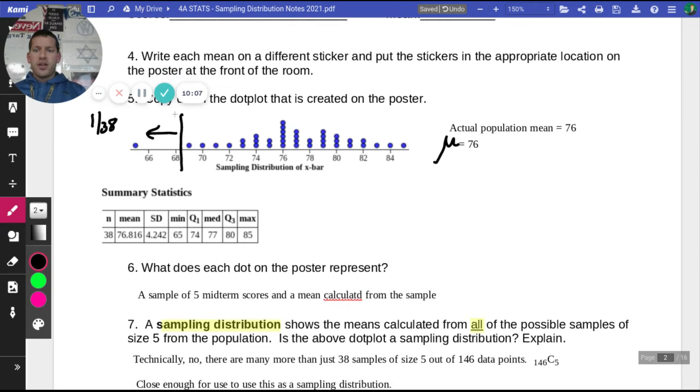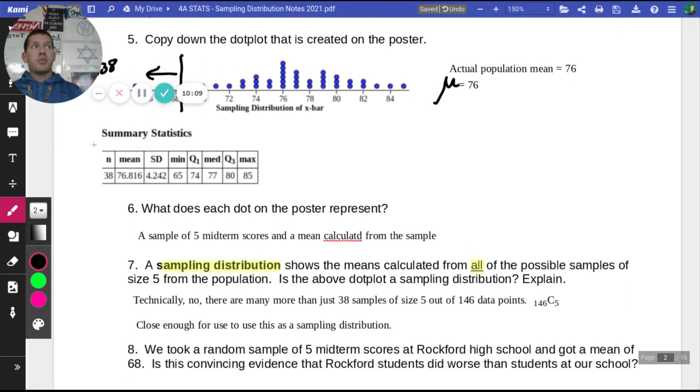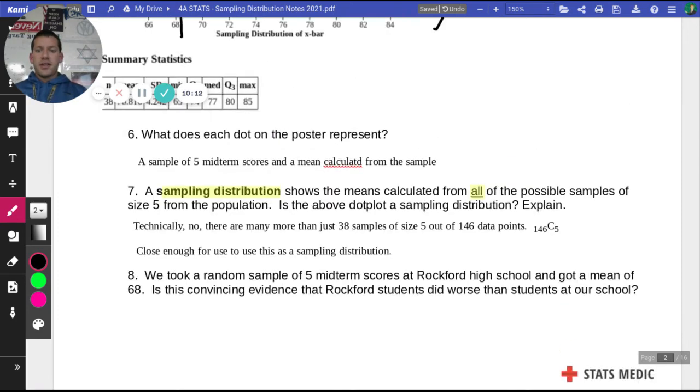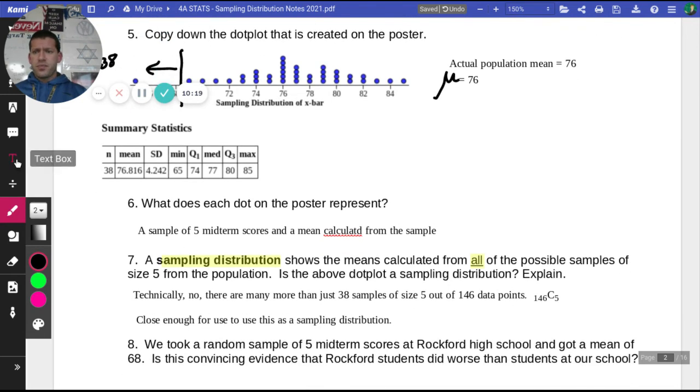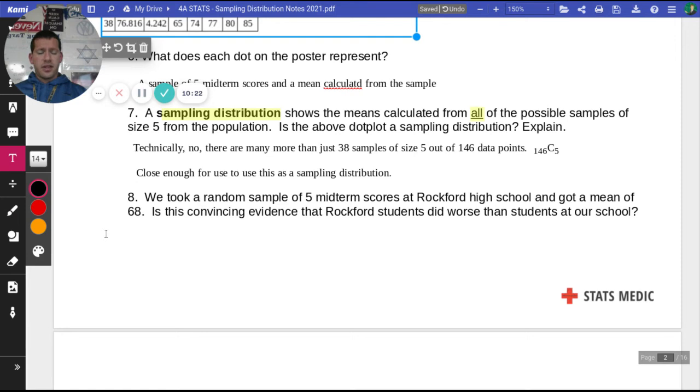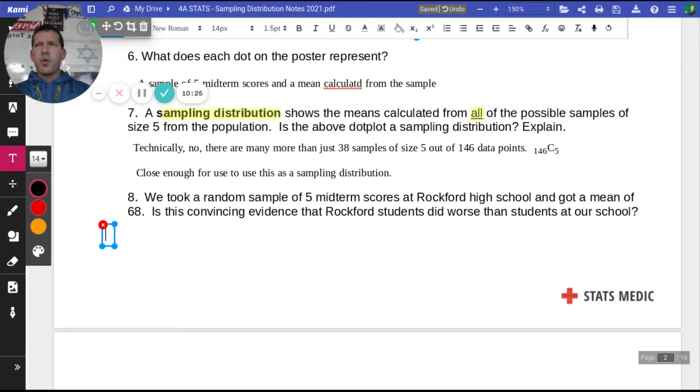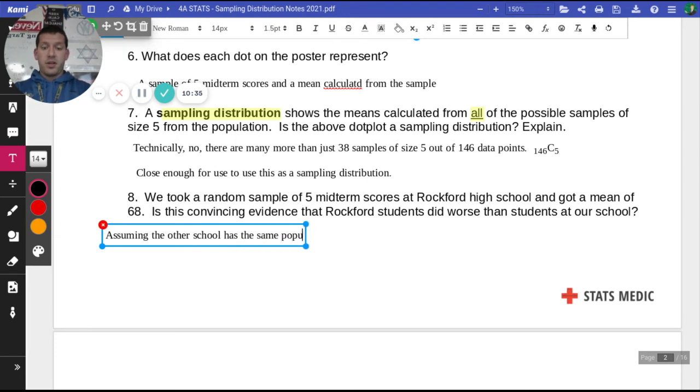So if we're saying that another school got a random score of 68 or lower, that doesn't happen very often. That happens 1 out of 38 times we took a sample mean from our data. So if this other school gets 68, then that's not going to happen too often. Maybe we want to run it a few more times, see if we still get something close to 68. But assuming the other school has the same population mean, mu, equals 76,